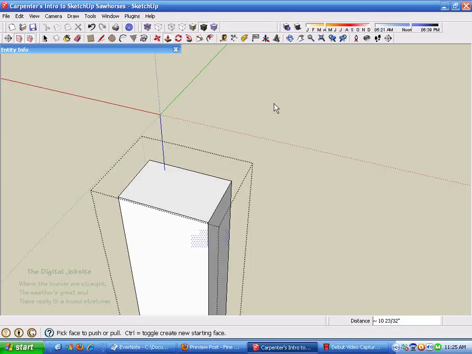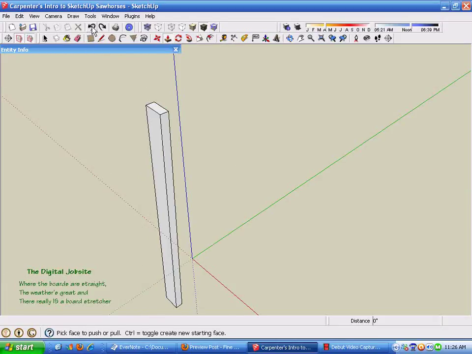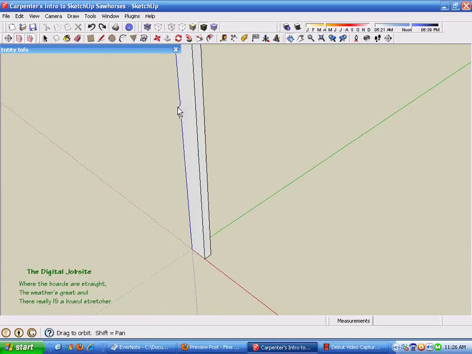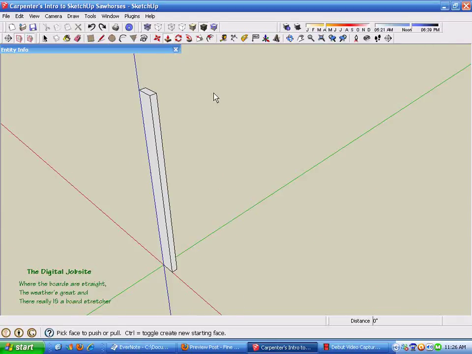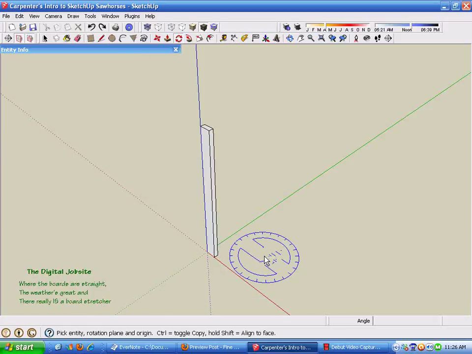So group edit mode is handy because it combines all geometry so that you don't have to select everything every time. But if you want to change that geometry, you need to double click with the left mouse button to get into group edit mode and manipulate the geometry from there. So I'm just going to use the back arrow key here again and put our 2x4 in its orientation standing up. And then I'm going to choose the rotate tool,